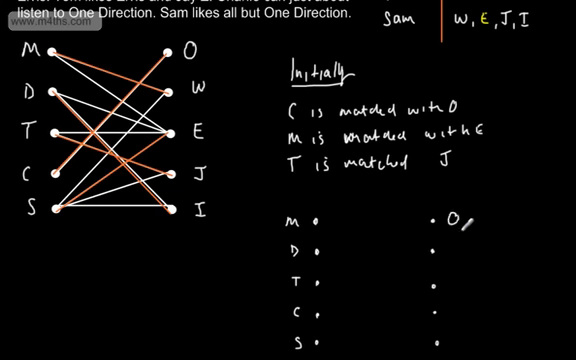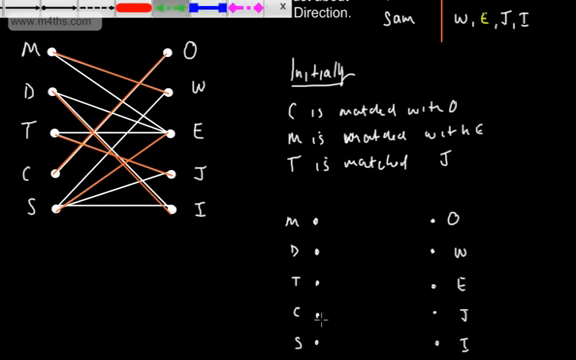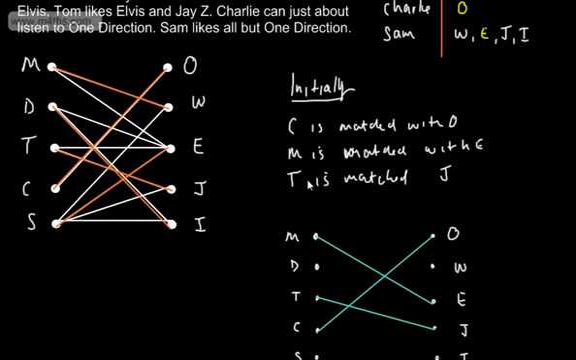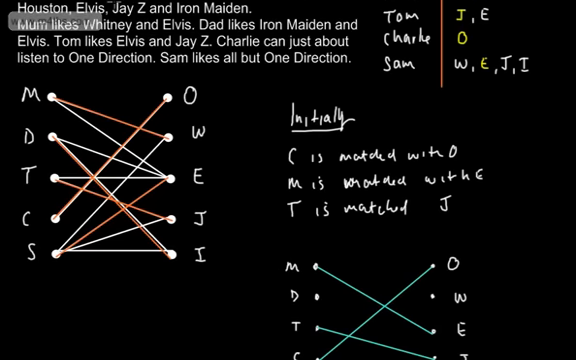We've got now O, that was One Direction, we had Whitney, Elvis was it, Jay-Z, and then we had I. So my initial matching, let's say that C is matched with O, and then we'll do M with E, so M is E, we've got T with J. So we can see now that we've got Dad unmatched, we've got Sam unmatched, and we've got Whitney and Iron Maiden unmatched. Okay, so what we're going to do now is look at the list, and I'm going to choose, and